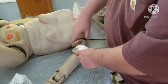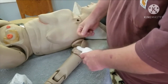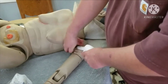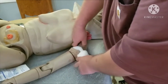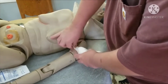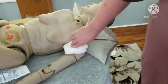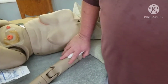And you pack and pack and pack. And you pack because you're trying to put pressure against that artery. Remember how tight a tourniquet has to be. You're trying to create an internal tourniquet there, so it's got to be tight. So you want to push it down as firmly as you can. And when you can't pack any more in, and you absolutely have it full, then take the rest of your gauze, put it over top of it, and you hold pressure on there